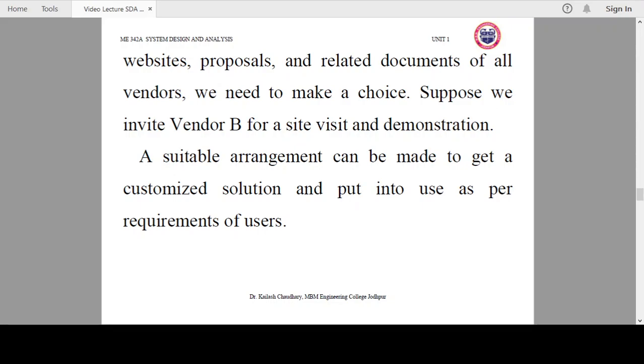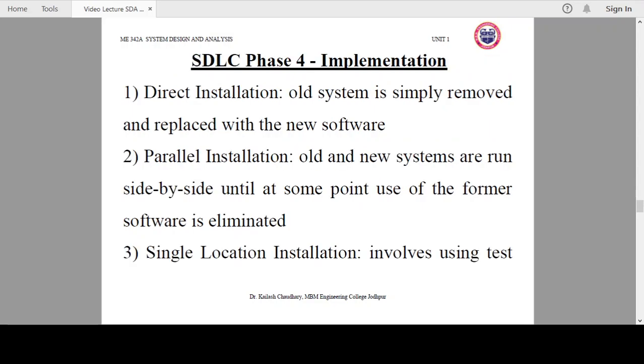Then they do exercises and they provide us the solution. So this is how we get the customized solution as per our requirements. So till now we are at phase 3 of the system development life cycle, and we have now chosen vendor B for our software purchasing.